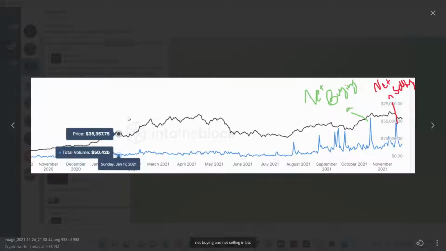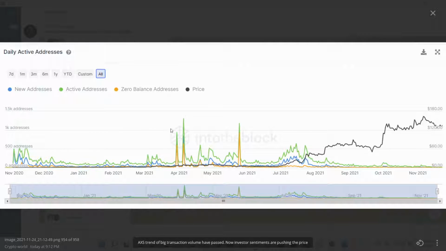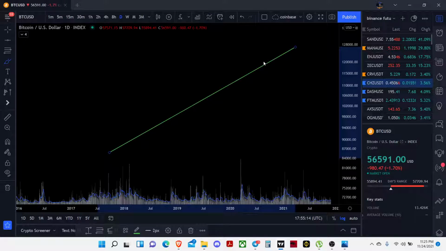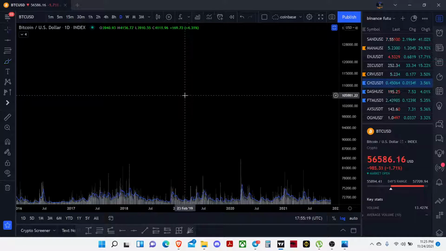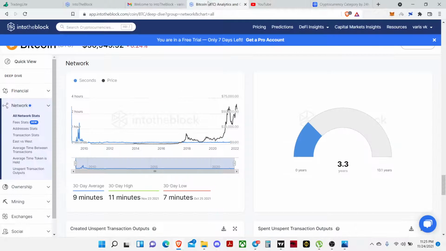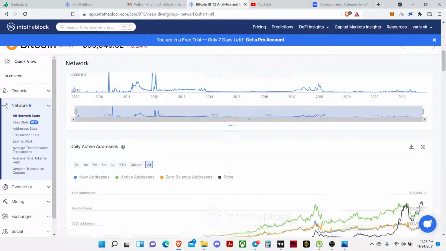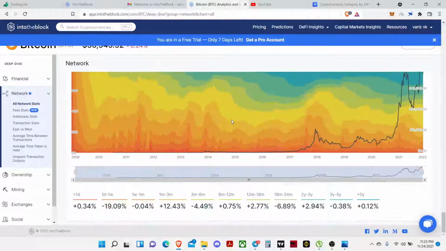The trend in the Axie has been broken. You can see that the on-chain data, transactions and active addresses, were very active in April and June. Right now there are no big active addresses. The price and investor sentiment are what you can see affecting the price, not any big transactions over there. Basically, if you're looking at the on-chain data over Bitcoin right now, let's have a look at it. You can see different things. Let's come from the downside to the upside.